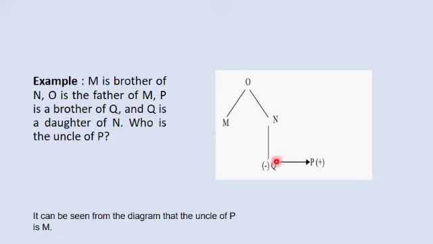P is the brother of Q. So this is entirely a different relationship. So Q and P. P is represented as positive. And since it is told in the question, Q is the daughter of N, till then we don't know the gender of Q. So N's daughter is Q. That is being marked here and Q is given a negative sign. So now the question is, who is the uncle of P? From this diagram it is seen, since M is a brother of N and Q is a daughter of N, M is the uncle of P, because Q and P are brother and sister. So definitely M is the uncle of P.